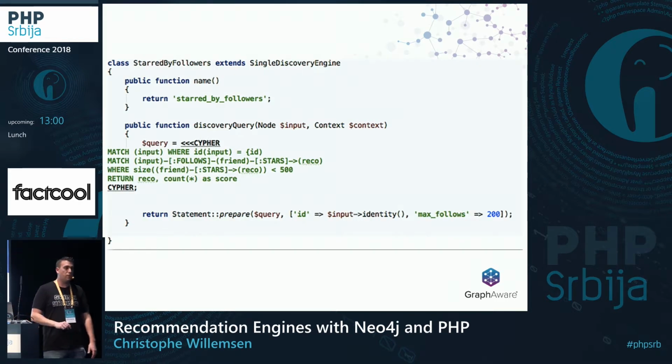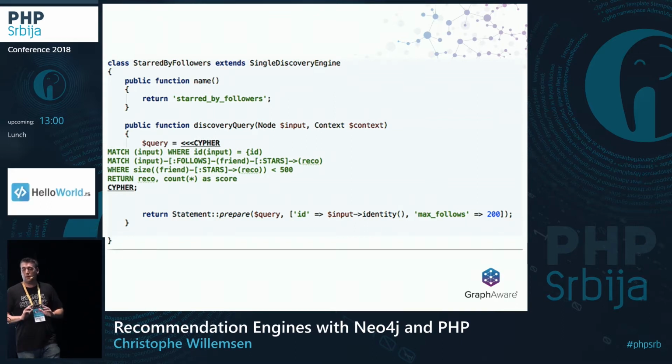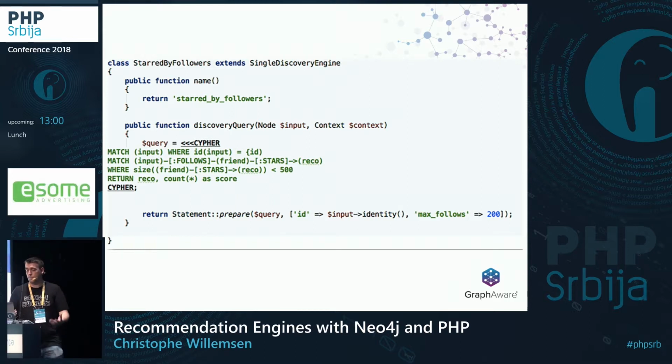First, how to discover stuff. You just have to use the abstract implementation, where you say, okay, this is my discovery query. This query will find candidates. You just write this, and that's it. You just say, okay, this is my logic for finding recommendations. Here, we take the GitHub example: find the people I follow. Those people are starring repositories. Return me those repositories, for example.